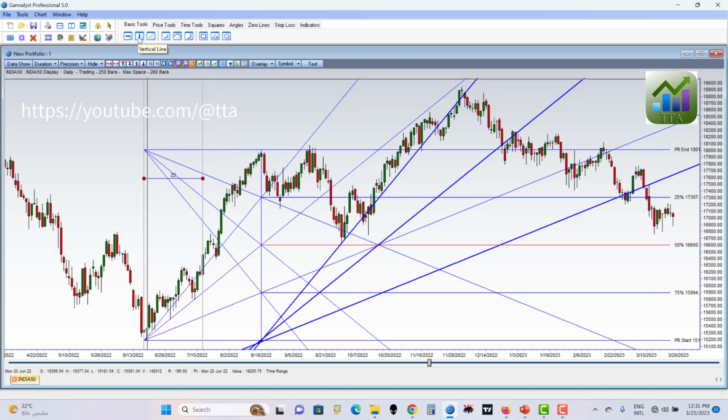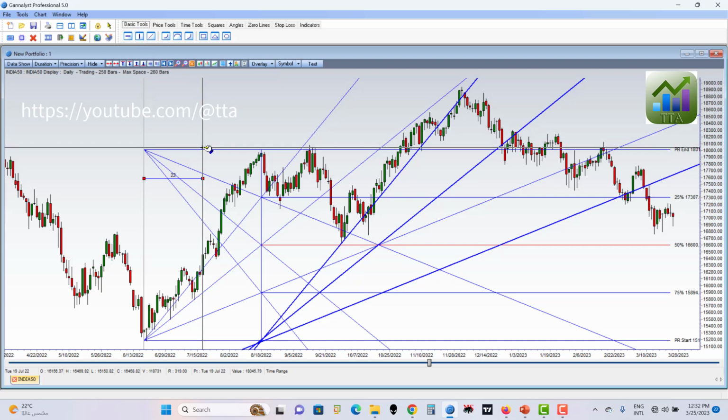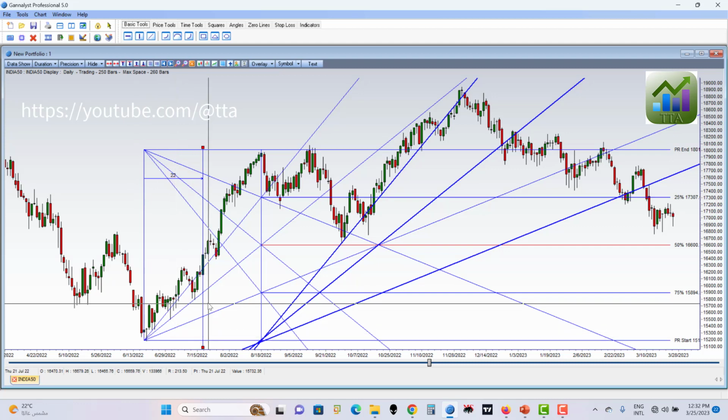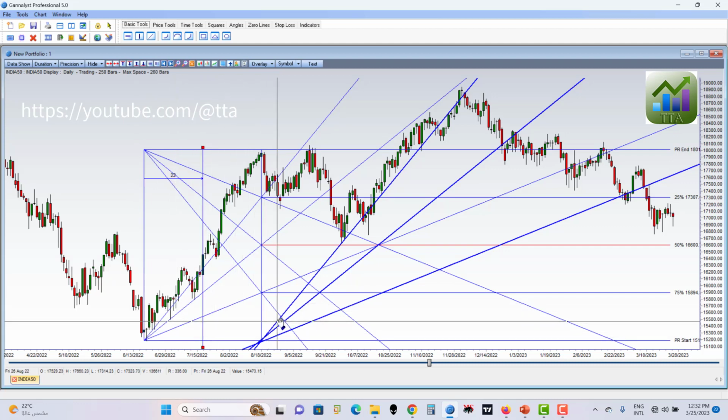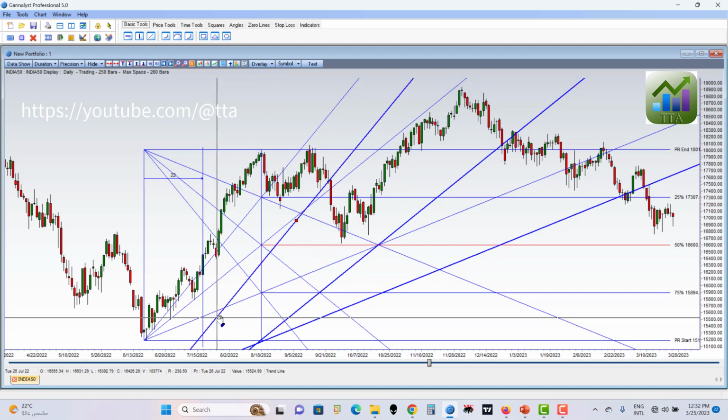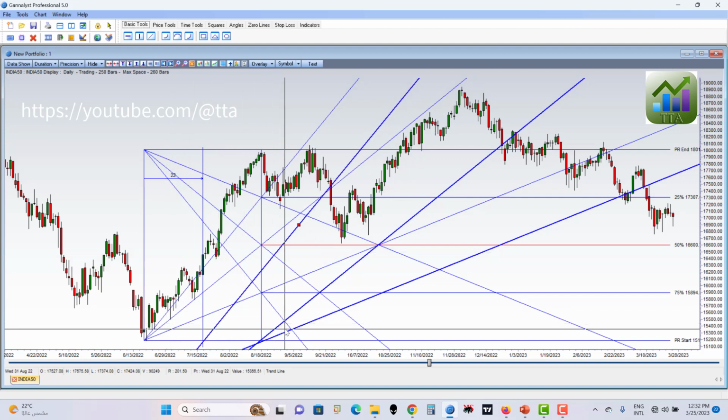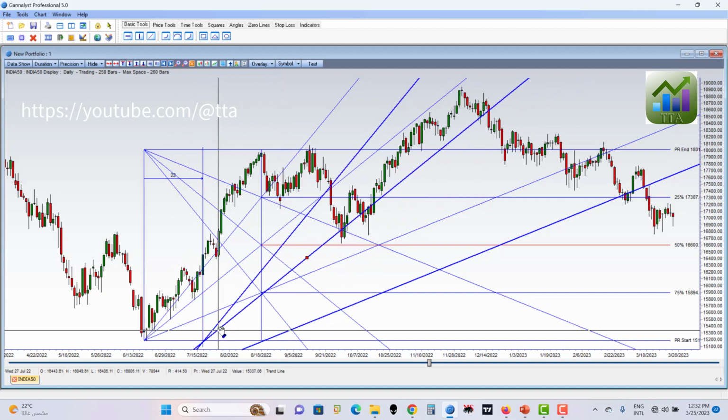We go to the basic tools and choose vertical lines. And from this line, we draw like this and see the cross between the horizontal level, where we started the movement, and this vertical line. And then we drag this copy of the fan to this area and see what happened in the future,